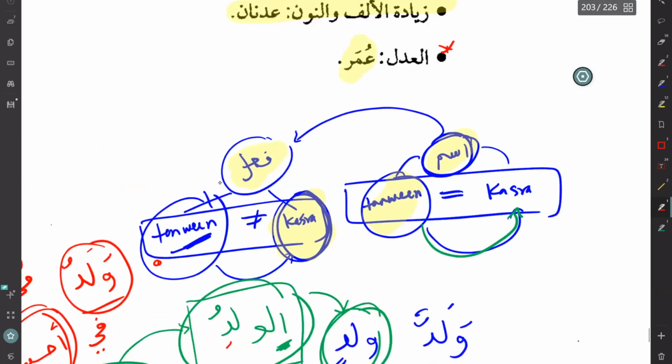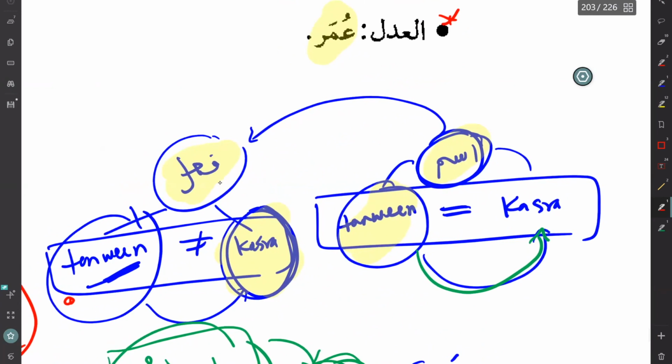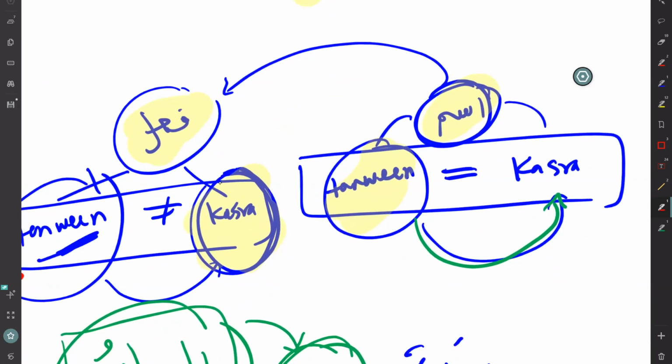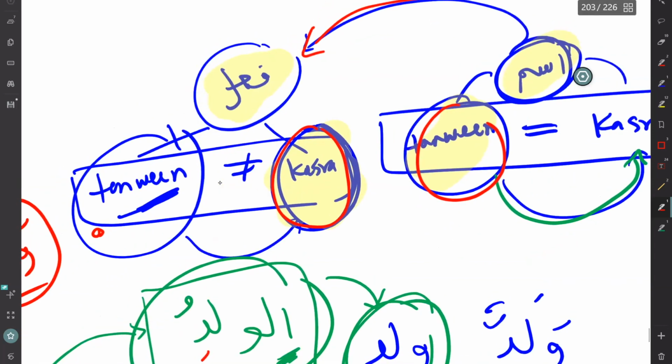Another way, what they say is basically, they will only compare with the verbs. They will say, if you cannot accept tanween, you become close to the verb. Okay, so the step number one, they will say, you cannot accept tanween. That means you resemble verbs. That means a verb can never have kasra, so we cannot give you kasra. So that's why you will say you're not getting kasra, because you resemble verb.